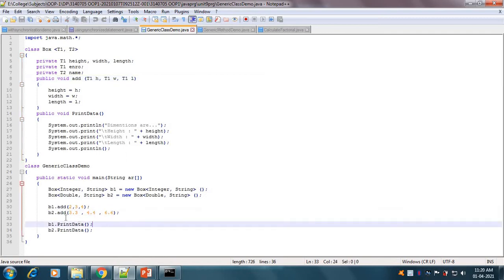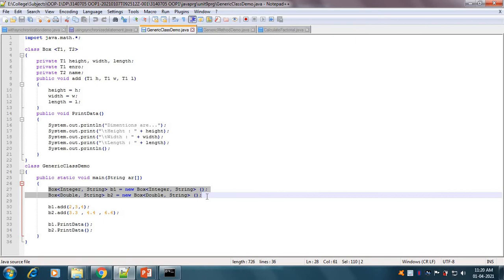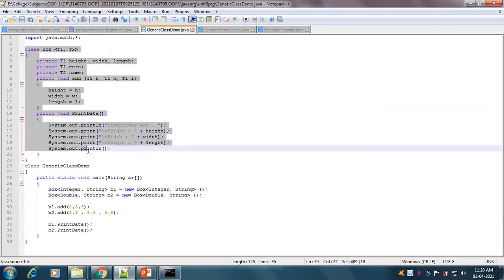At the time of B2.add, our B2 has two generics, Double and String, so T1 will be of type Double and T2 will be of type String. So our H will be of type double, W will be of type double and L will be of type double. So this is the example of a generic class. In this way we can create a generic class.